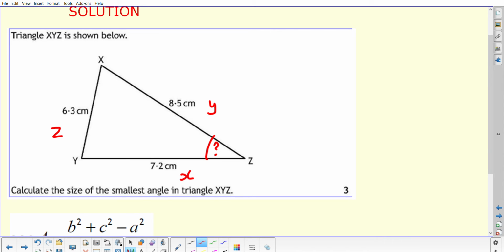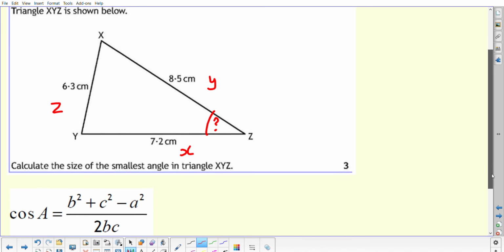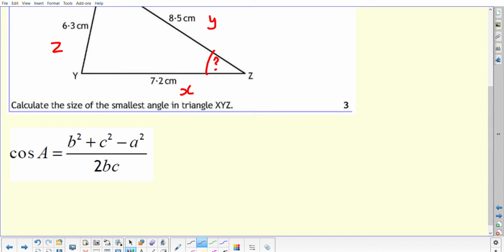And clearly when you've been given three sides, the rule that you're going to be using is the cosine rule to calculate the angle, and it's this version here, cos A, but of course we're trying to work out angle Z, so our version of it will be cos Z equals, now notice that the angle that you're trying to find, the lowercase letter of that angle is the one that's subtracted, so therefore our other two sides are the ones that go in here, x squared plus y squared minus z squared all over